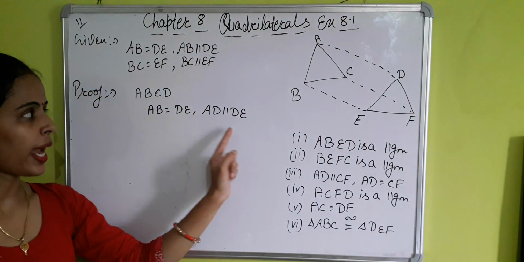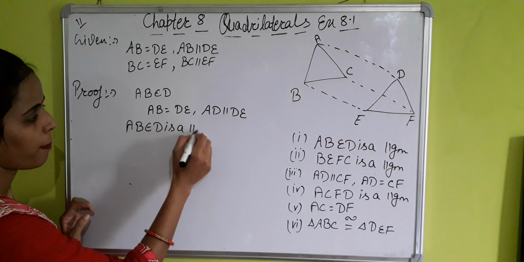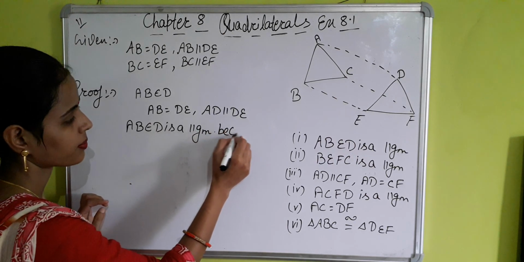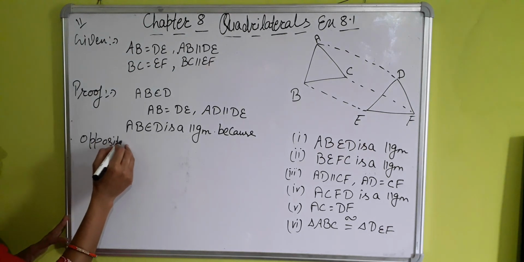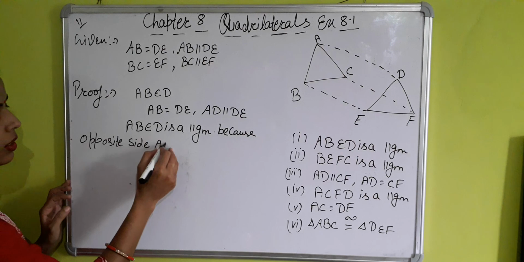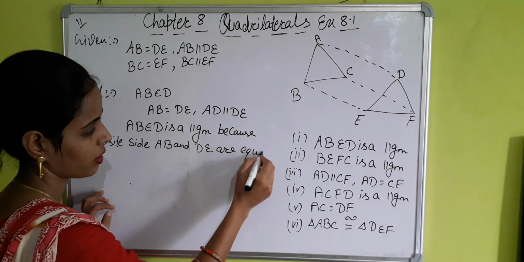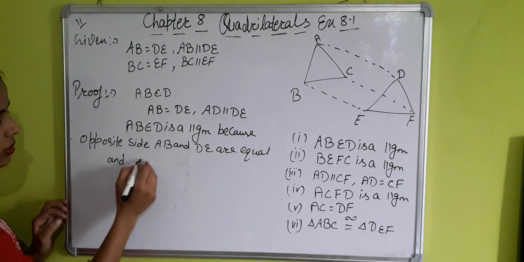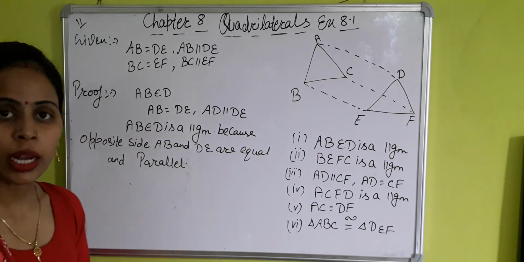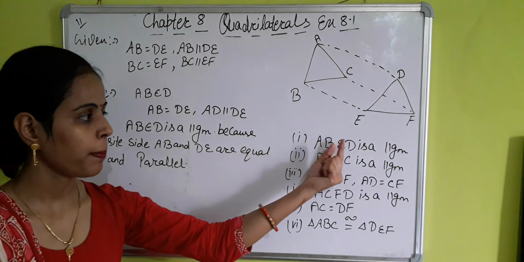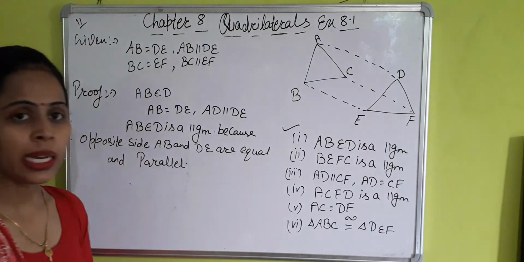So we can say that ABED is a parallelogram because opposite sides AB and DE are equal and parallel. If opposite sides are equal and parallel, then we can say that ABED is a parallelogram. First part is proved. Similarly, second part,